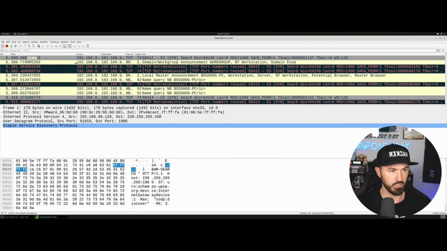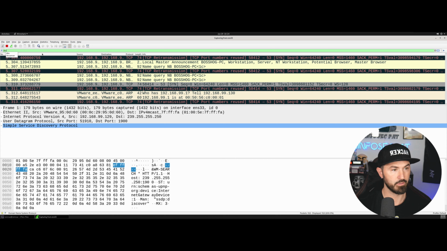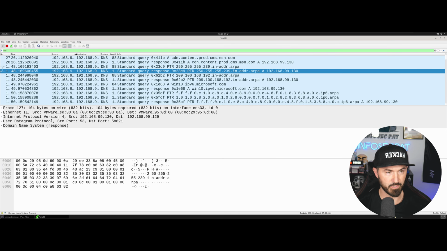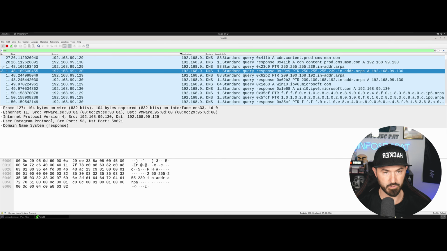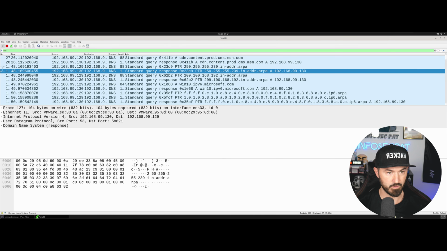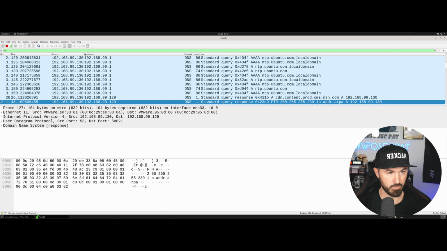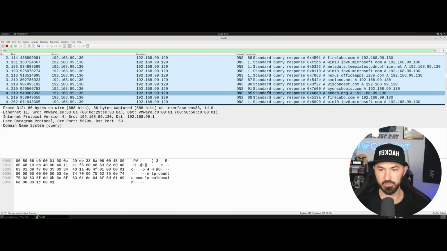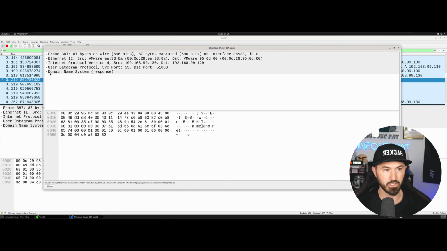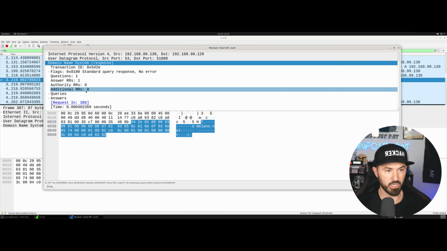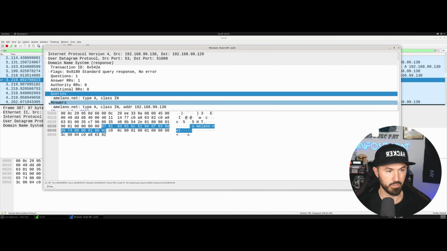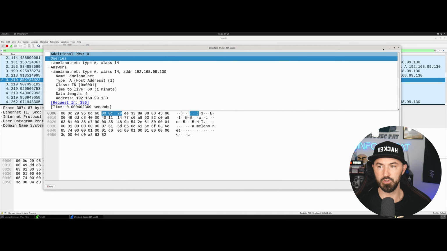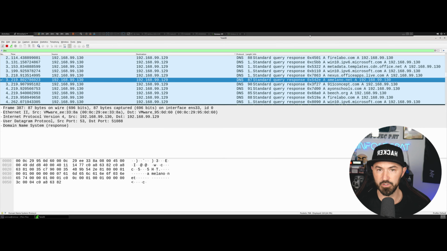Let's see if anything looks suspicious in here. We can look at DNS. I'm not going to spend too much time in here, but let's make this bigger. You can see the router, and the same kind of thing. In here you can see the DNS name, the response, which is the fake DNS query, and the answers, and so on and so forth. You can go deeper into the requests. Now let's come back to our